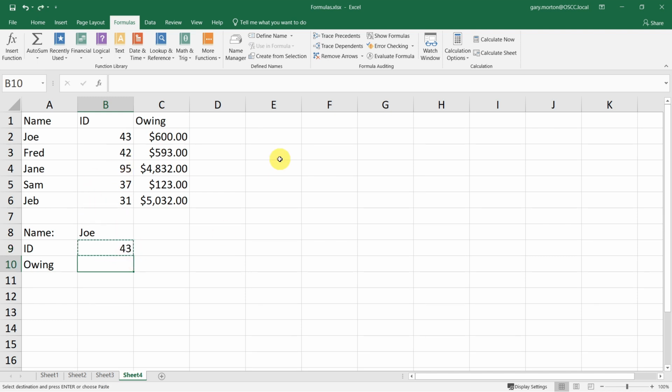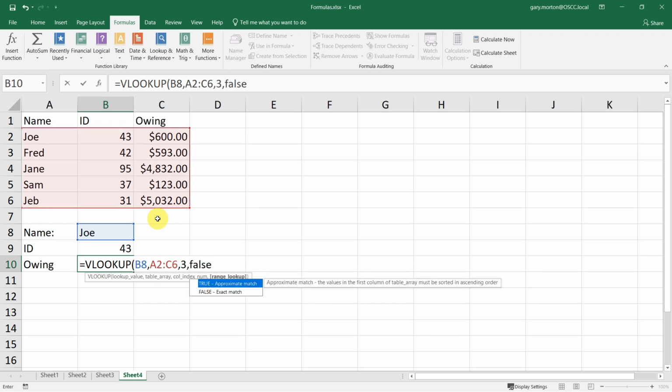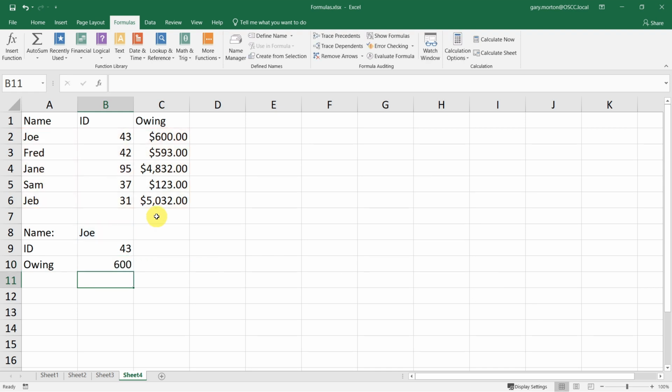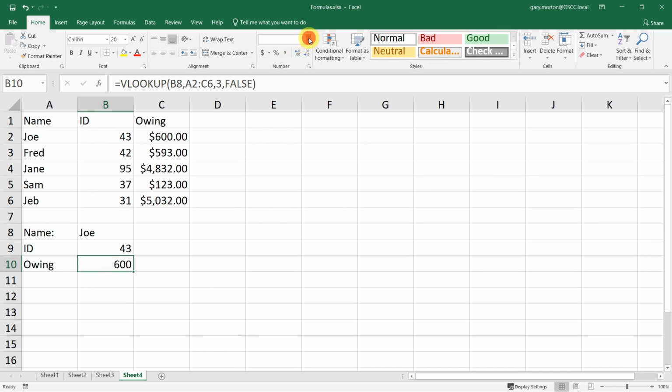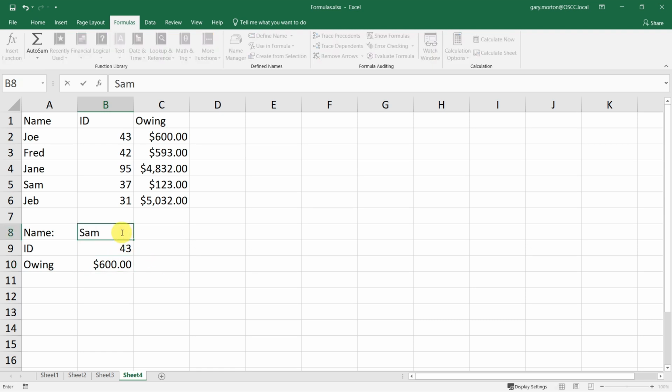So we do basically the same thing. We look for Joe. And here, this time we're going to go with column 3. False again. And we get how much he owes again. We can change that to currency. And every time we change that,